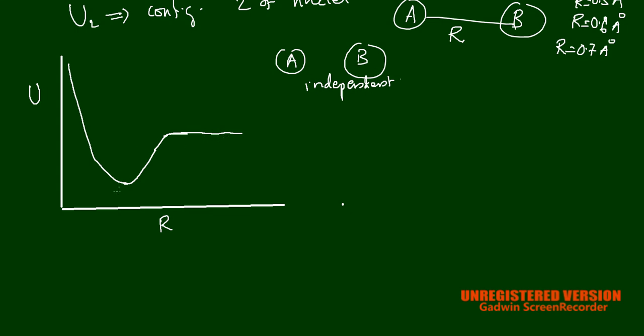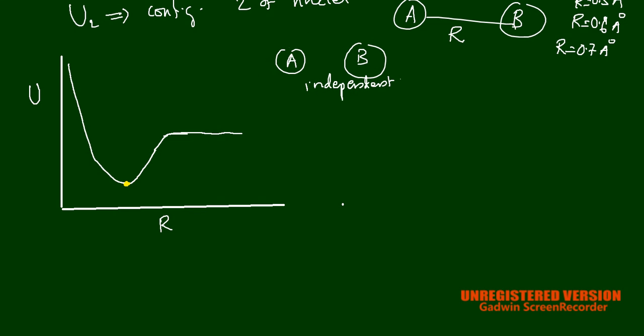Okay, so the curve will be like this, and here you can see that there is a minimum, and that minimum corresponds to the minimum energy. This is the minimum. Let me draw it with a yellow color. So this is the minimum, and this minimum corresponds to the minimum energy, right? Minimum energy means maximum stability, and corresponding to that minimum energy or maximum stability, there is